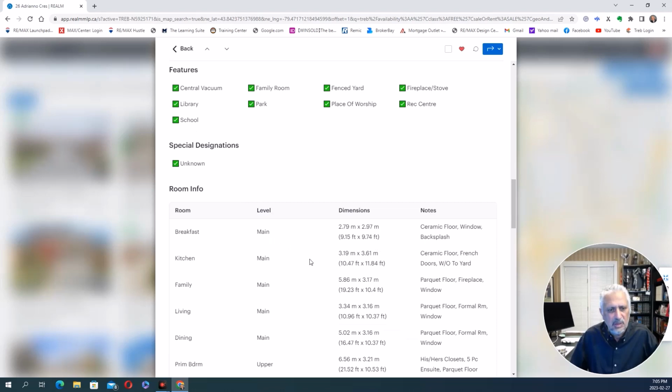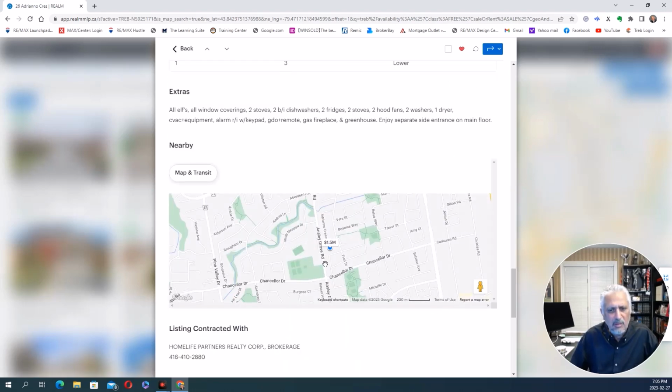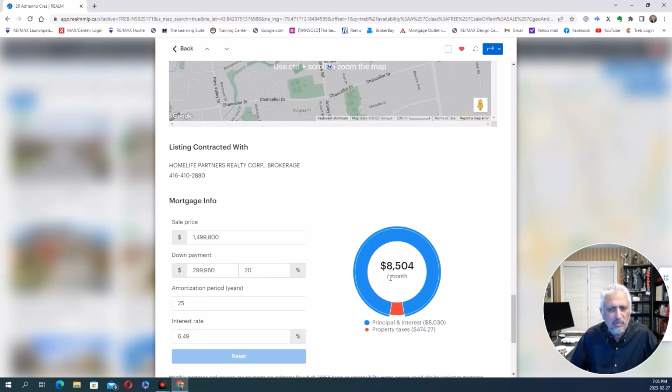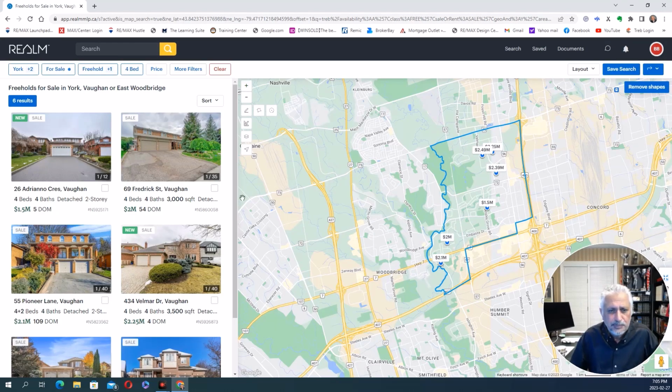Then you will have other measurements for your breakfast area, kitchen, family room, living room, and dining room, and then you will have your map at the bottom. And then there's a calculator for the mortgage. If the buying price is so much, how much is the down payment, what is your amortization, what interest rate you're getting, it will give you